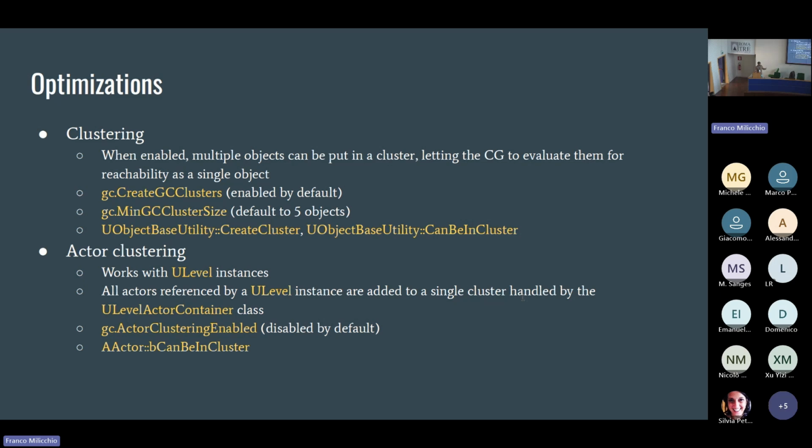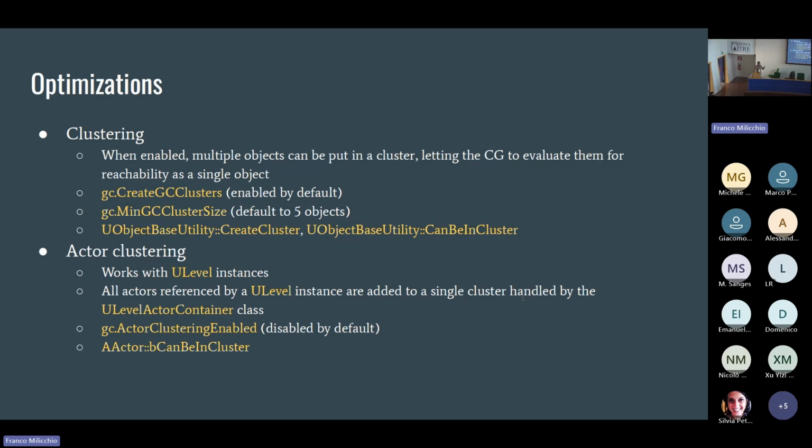So the first of the two is actor clustering. It works with ULevels. If you know Unreal, you have levels and you can stream levels, and each level can have actors in it. I mean, static actors or skeletal or dynamic actors that populate the level when you are streaming it in and present it to the player.